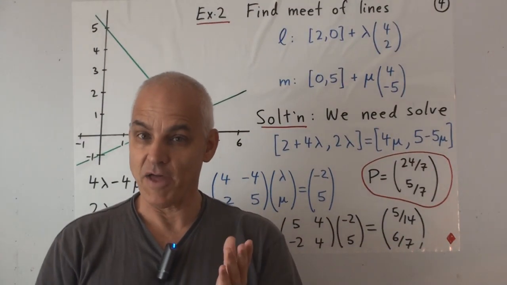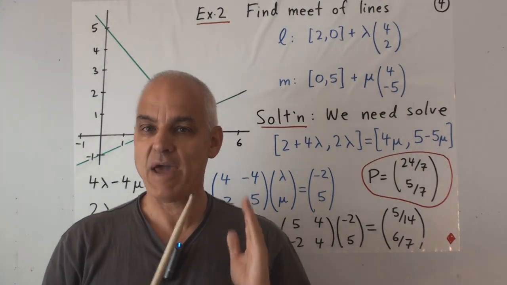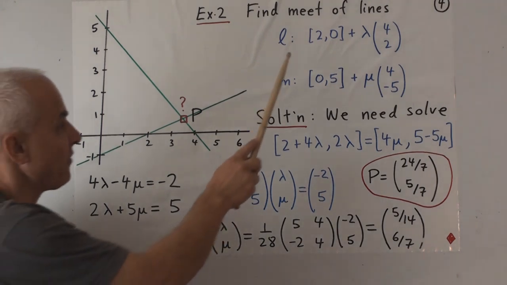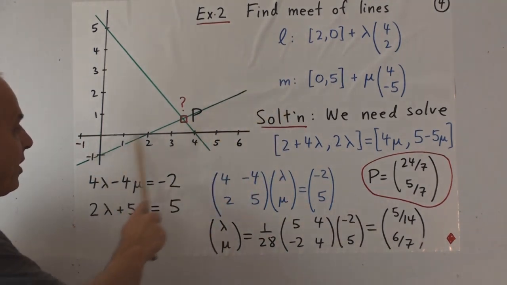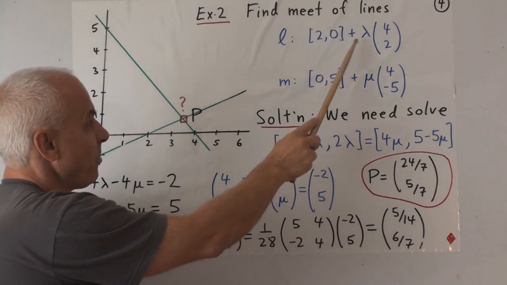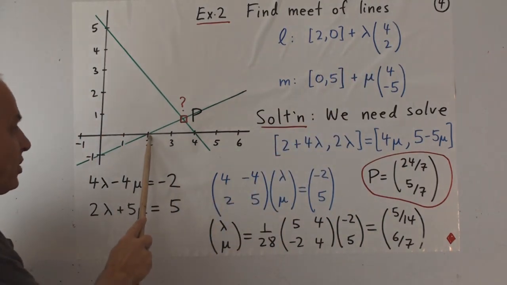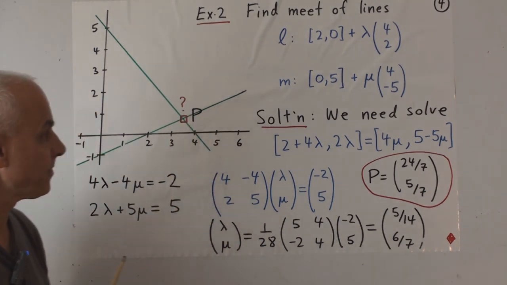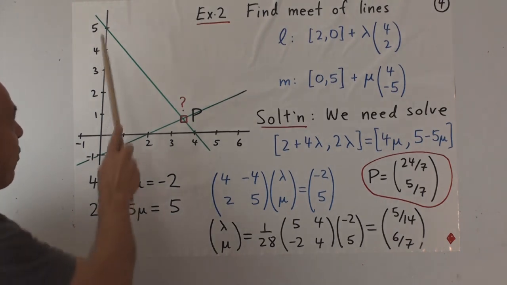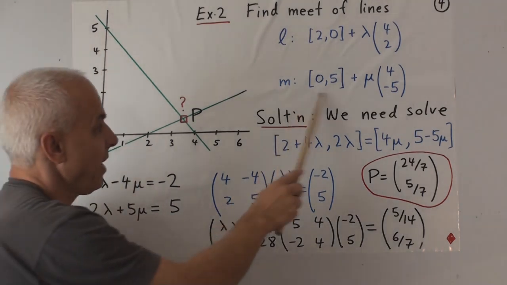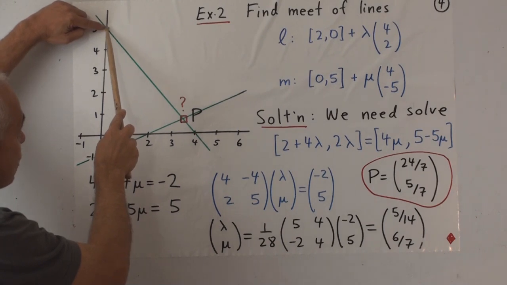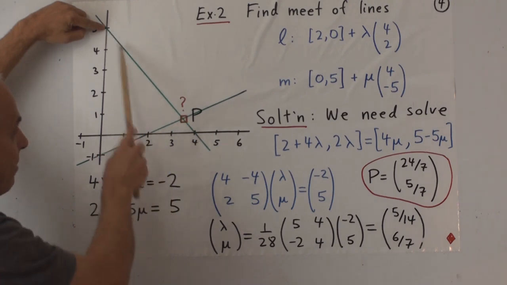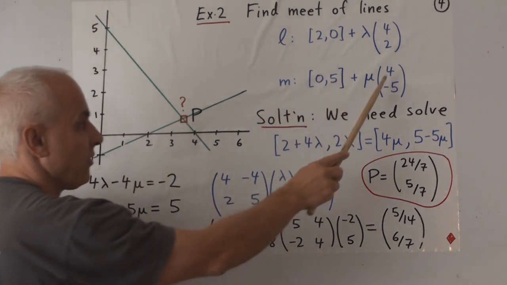We also want to be able to solve that problem if the two lines are given to us in parametric form. So the same two lines can be described in parametric form this way. The line L, this one here, is (2, 0) plus lambda (4, 2). There's the point (2, 0), and the vector (4, 2) is the vector that gives its direction. This line here, M, has a point (0, 5) on it, and its direction vector is the vector, say, joining this point to this one here. That's the vector that's 4 in the x direction and minus 5 in the y direction. So there it is right there.